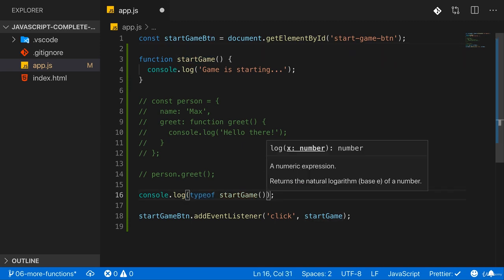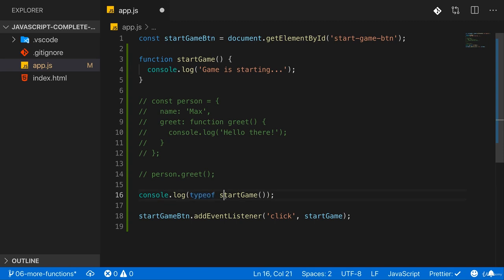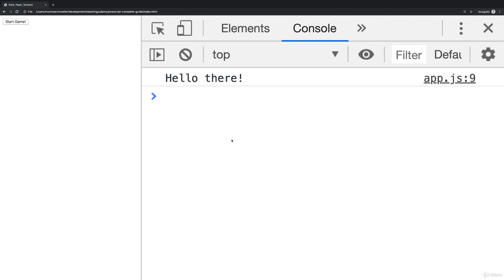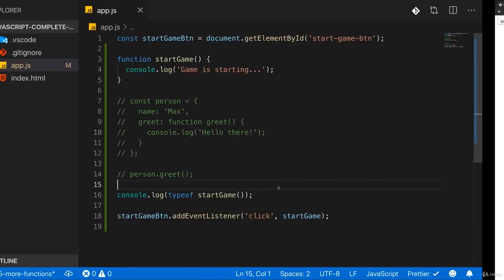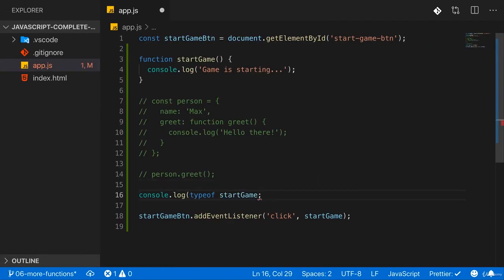Now, if I log the type of my startGame function, so I'm not executing it because that would call the function and I would get the type of whatever this function returns, which is nothing, which therefore would be undefined. As you see, if you reload, you see undefined here. So that's not what I'm interested in. If I log it like this,